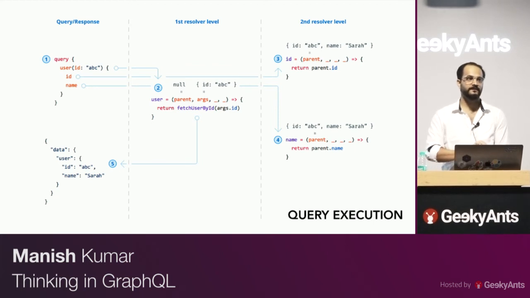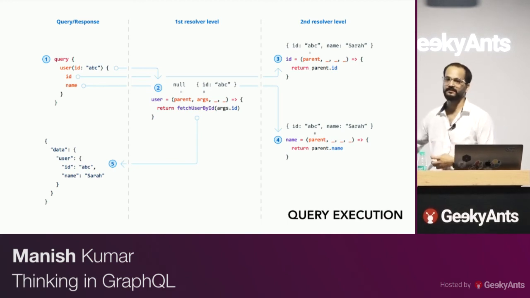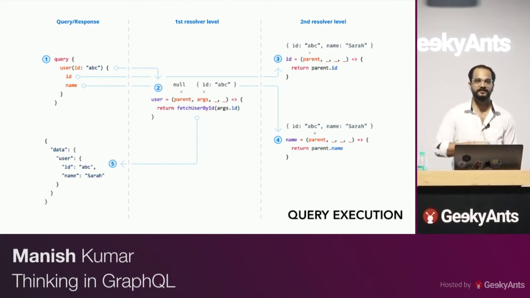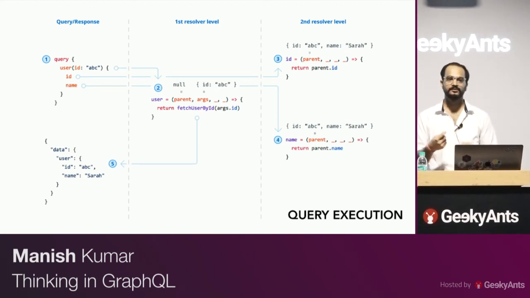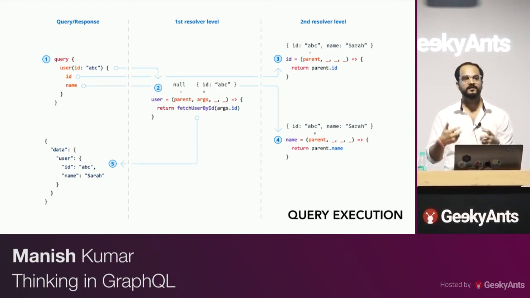It doesn't matter what was asked of me as a client, whether I asked for ID or name. I can ask for maybe email, I can ask for just the date of birth. But whatever I have written in this function, which is fetch user by ID, determines the efficiency of my DB calls or how I'm fetching my data, right? And like I said, if you really want to customize it to not make extraneous database calls, you can get whatever was asked.